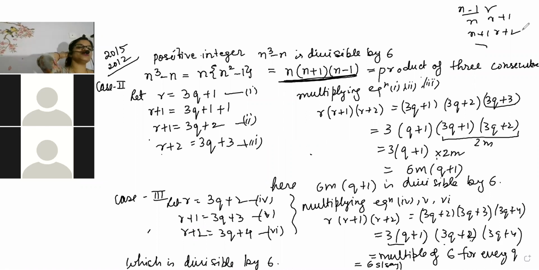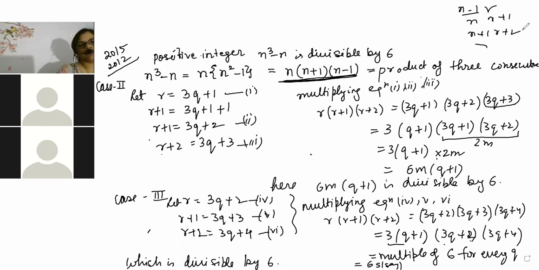Correct only, na Arif. That's why I have taken 3Q, beta, so that 3 will always come out for me. And you see in the first case also, second case also, I have comfortably taken out 3. And after taking out 3, I'm just telling for the remaining part that, okay, the remaining part will be like that. I hope you might have understood that part.